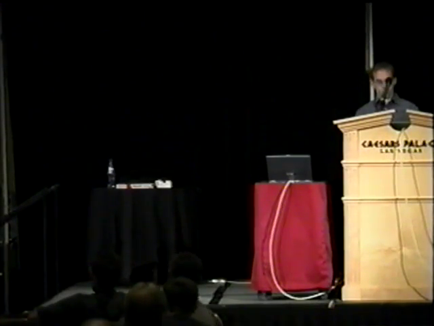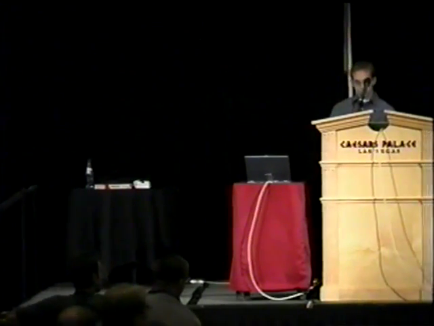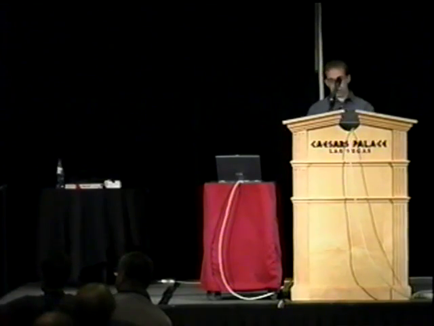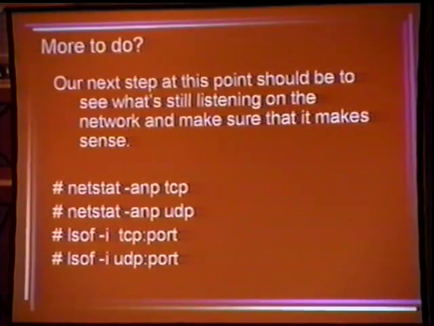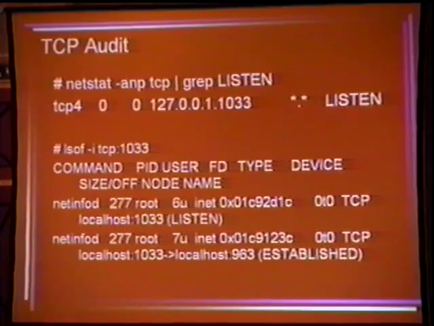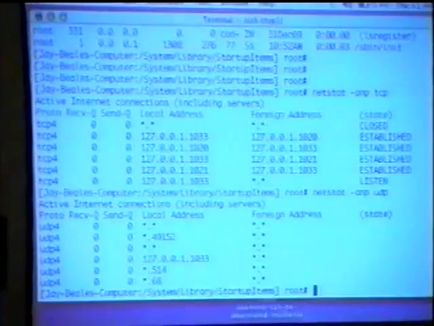At that point, when you're done going through and looking at running scripts, oh wait, there's auto disk mount, and I wanted that gone. I remember I changed it. I guess I didn't run the stop script. Okay. When you're done going through and killing off scripts by looking at PS, what I would do then is run netstat -anp tcp and netstat -anp udp. What I want to do is look at what's still listening on the box. If I run my netstat and grep for listens, I can just get listening ports.